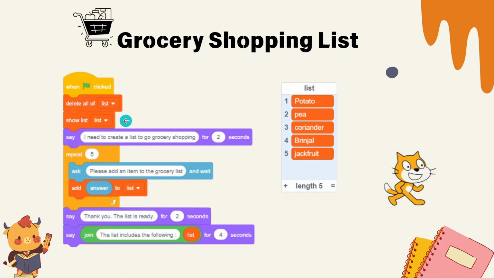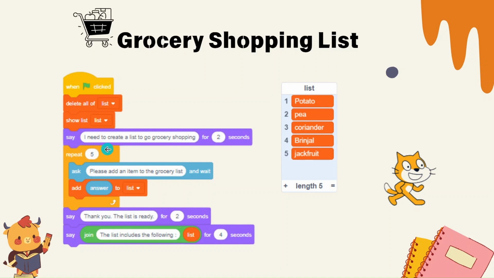Then we will remove all the items. Although we have no idea that we have added anyone, still, for clarity, we will just remove all the items. Then say this is our looks block. You remember now? We just did it in our looks block.